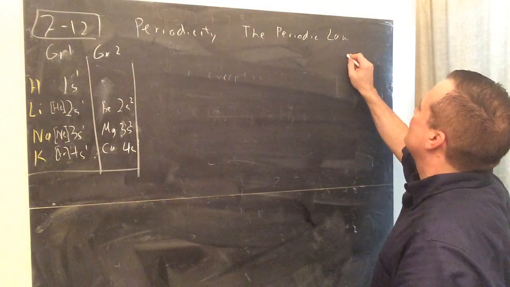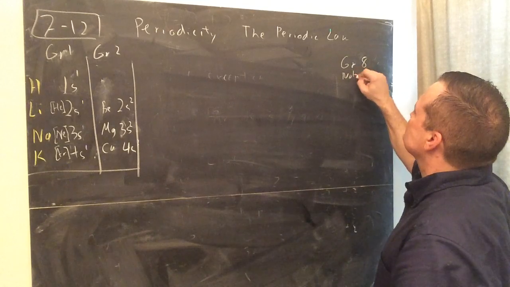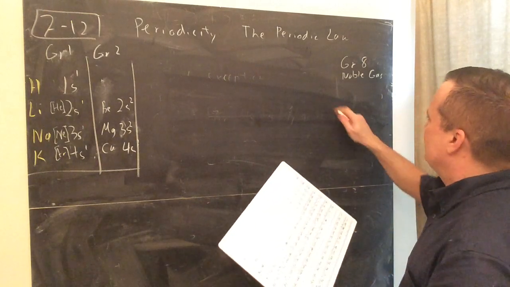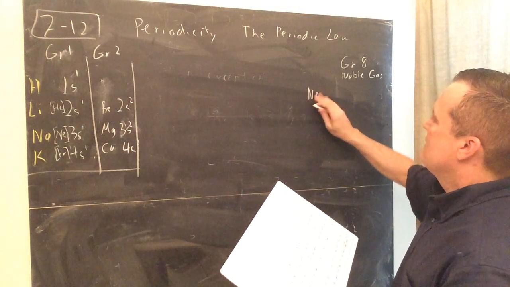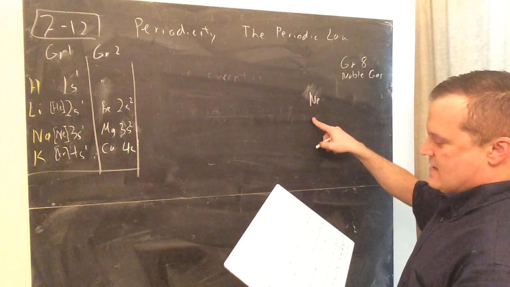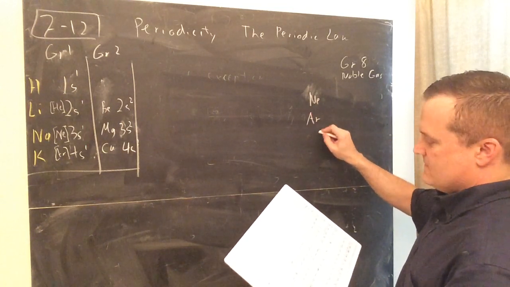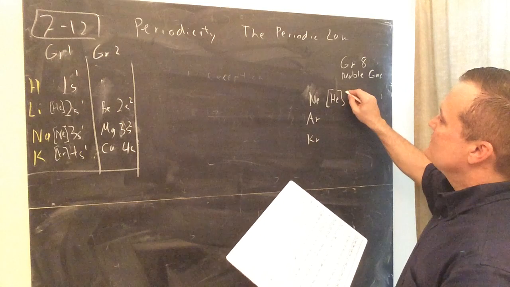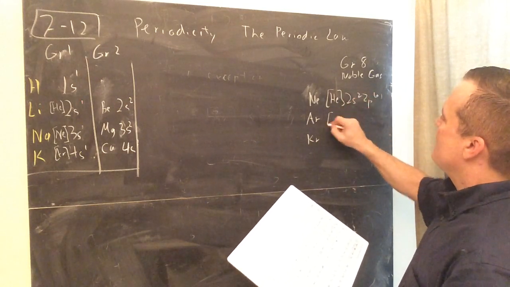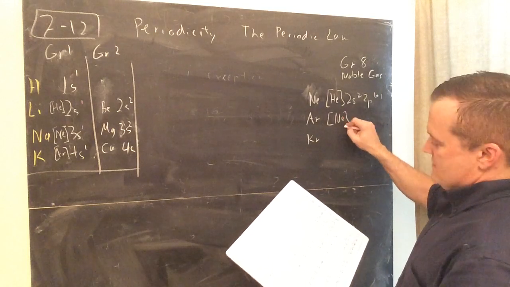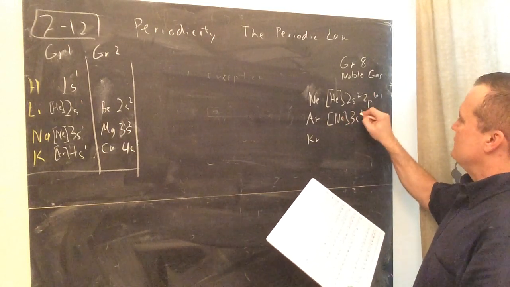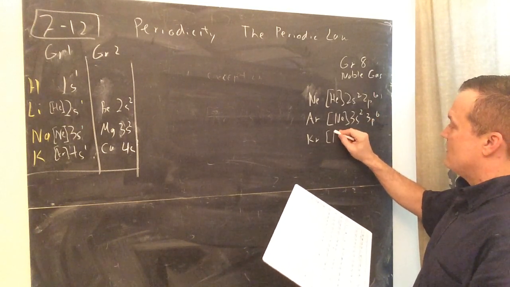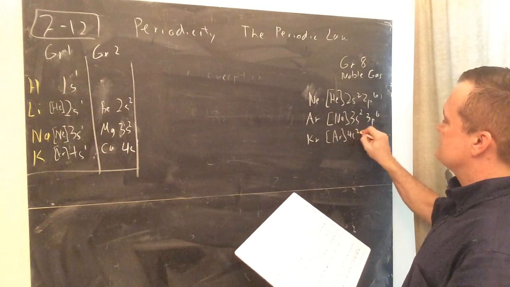If we go all the way down to group 8, the noble gases, let's see how they look. Let's mainly start with neon. Then below neon, argon. And then below argon, krypton. So neon is just like helium, but then it's 2s2, 2p6. Argon is just like neon with 3s2, 3p6. And then krypton is just like argon, with 4s2,